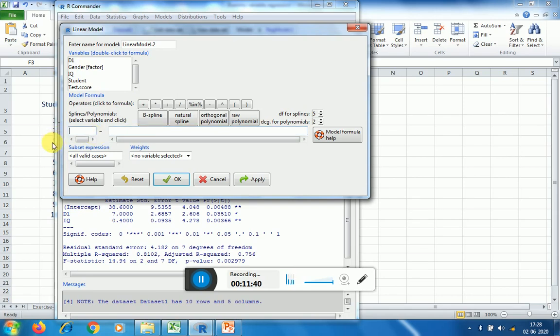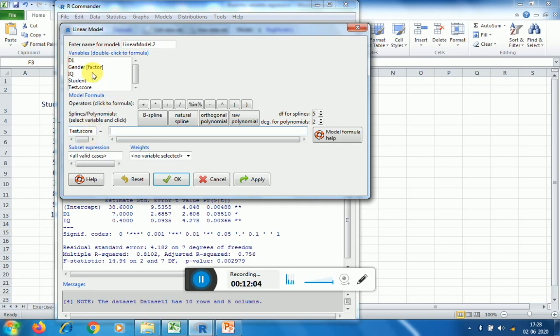First of all, you select the dependent variable. Test score is the dependent variable, you double click on this, and automatically this variable will come in the dependent variable cell.